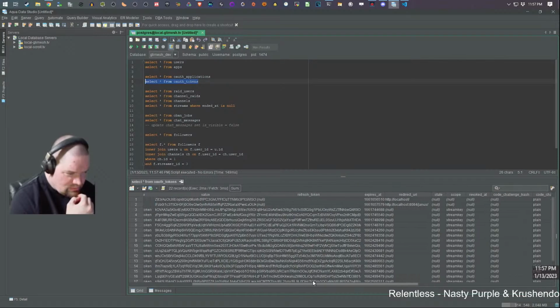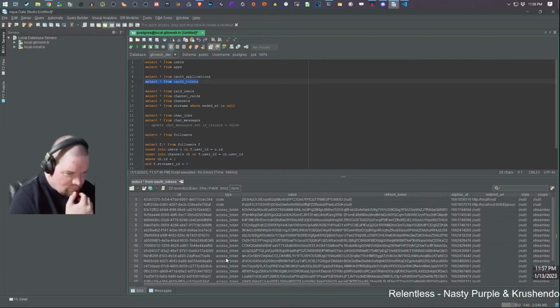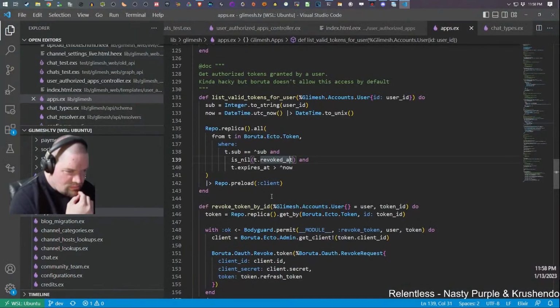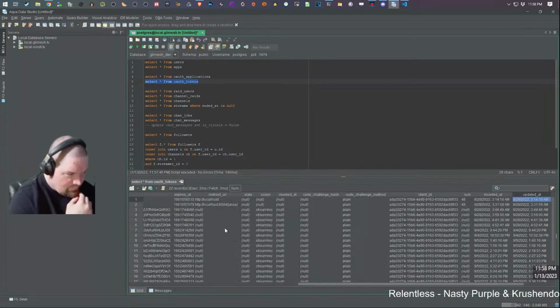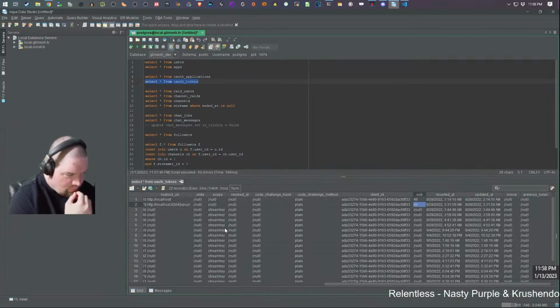Then the other thing that's interesting here is it doesn't seem to be looking at the type, which I find a bit odd. But I guess it is looking at the user ID, so I'm assuming user ID is only on the code ones here. Code type. That already looks like it. Okay.